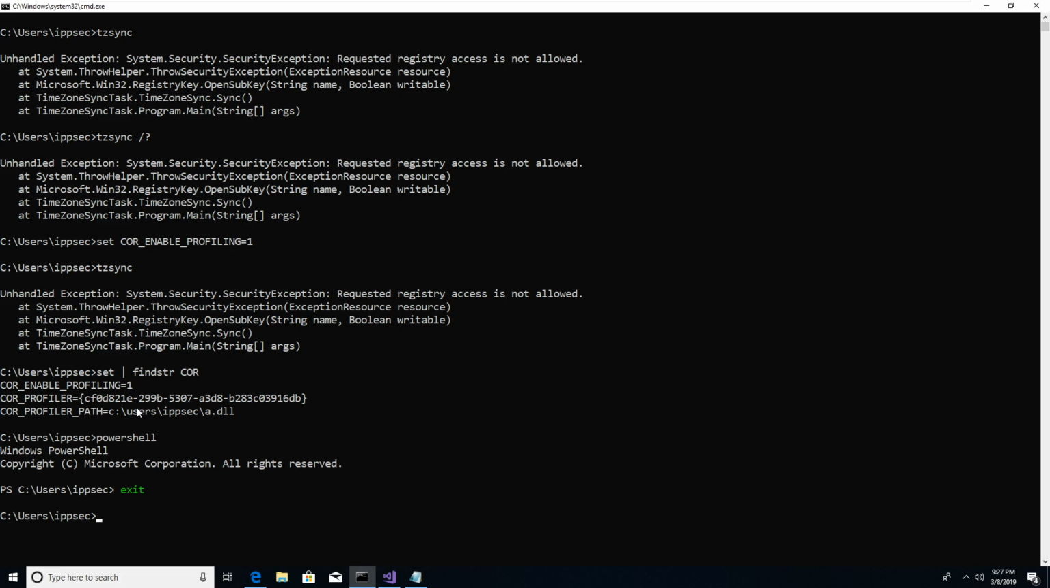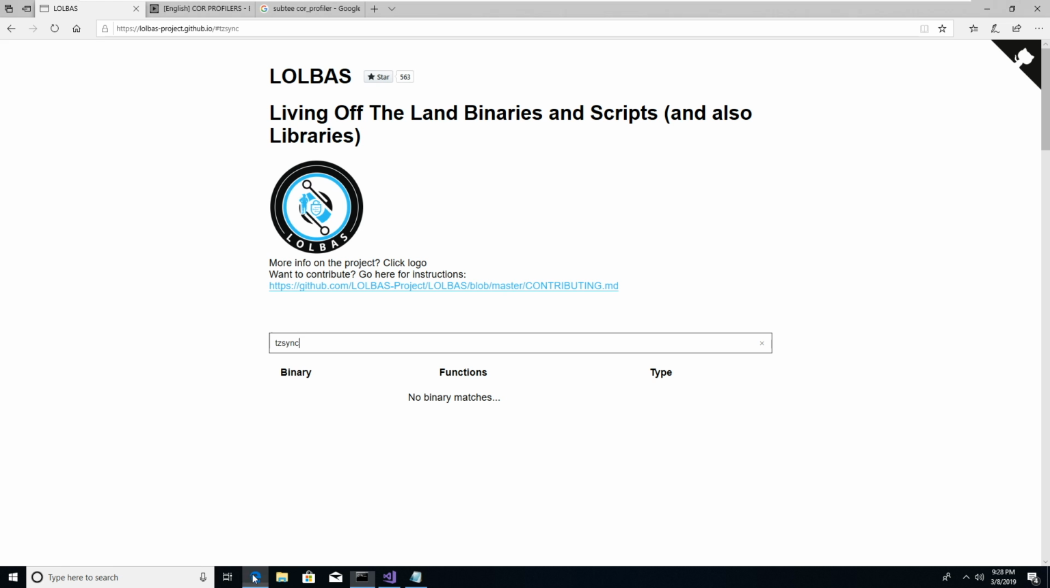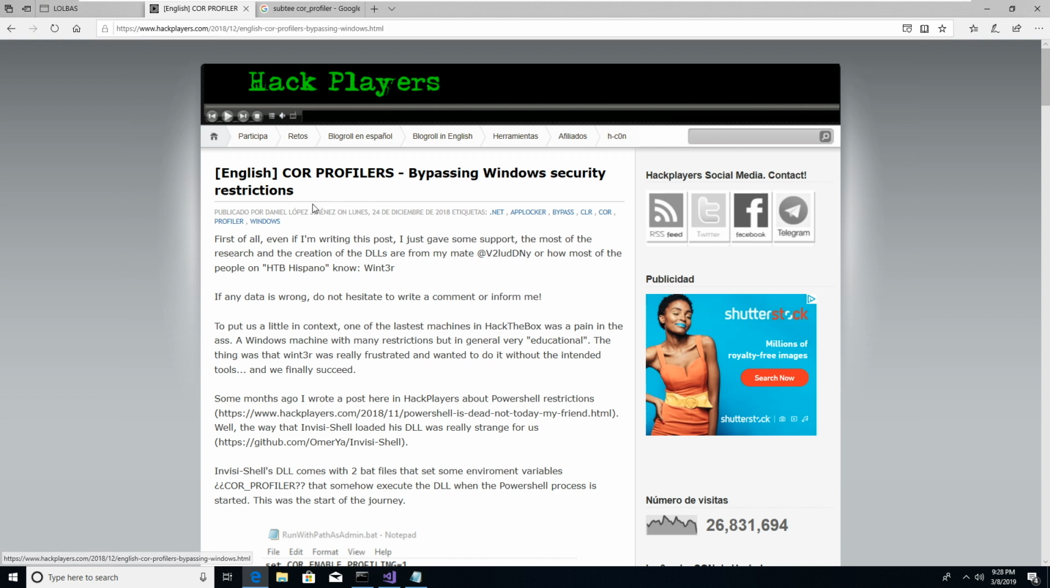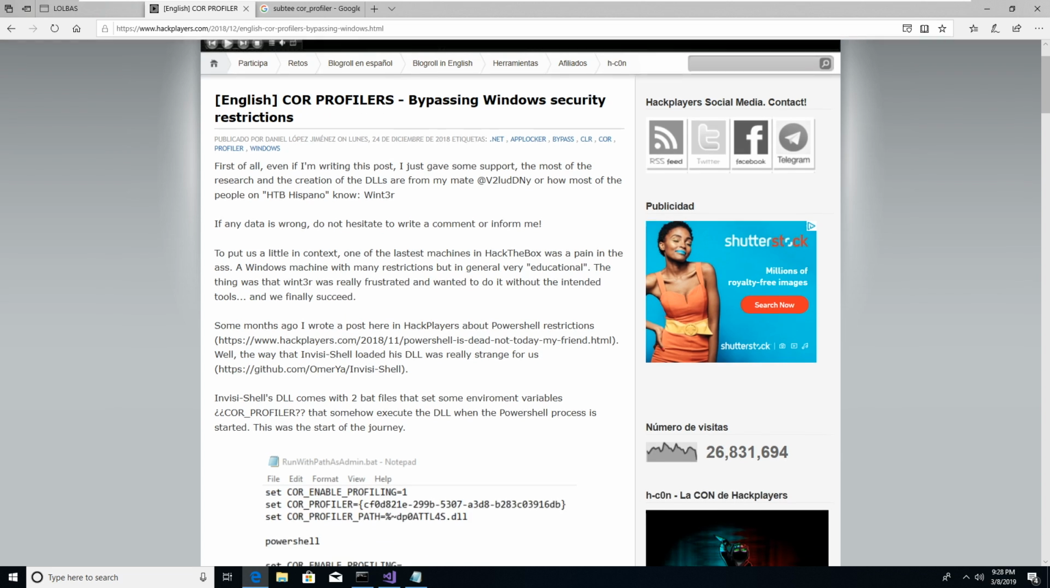Before .NET version 4, the COR_PROFILER_PATH had to be in the registry under HKEY_LOCAL_MACHINE, I believe, so regular users couldn't set it. Now, in .NET version 4, they expanded it to environment variables and domain users can set them, which enables this attack path. So I first came across this reading a post on how to do the Fighter machine from HackTheBox,